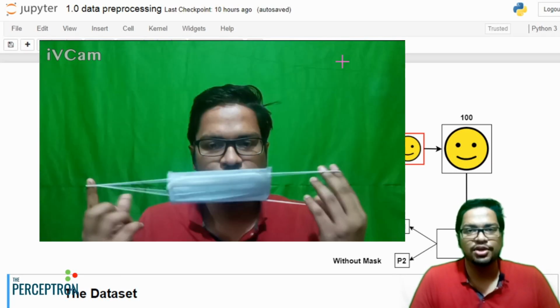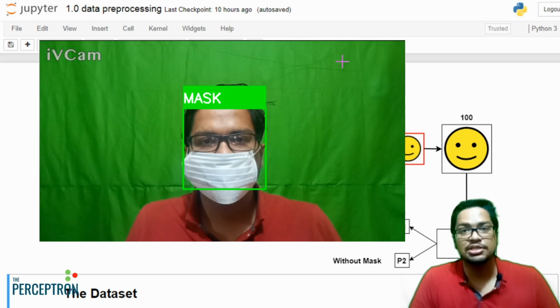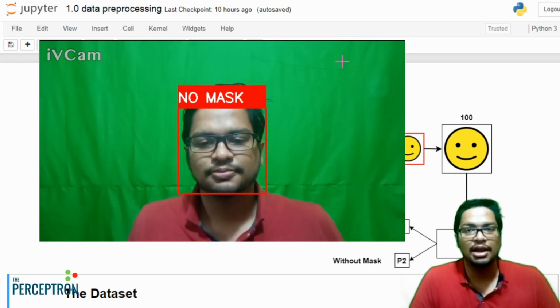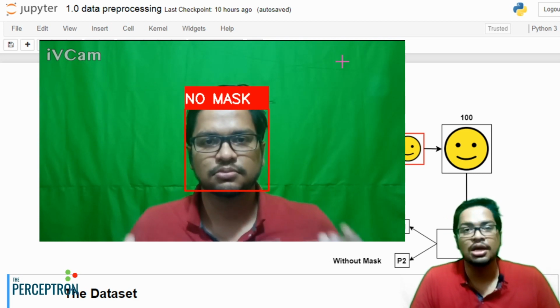Hello everyone, in this video I'm going to discuss how to build this kind of a face mask detector, and for this implementation I'm going to use Python programming language together with Keras, TensorFlow and OpenCV and some other contributed